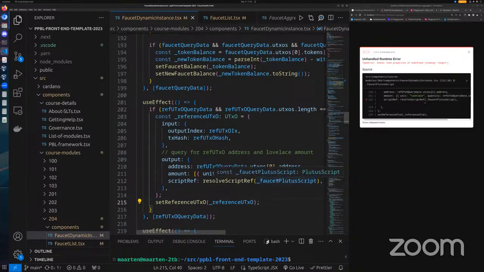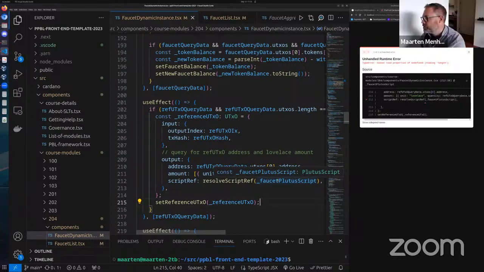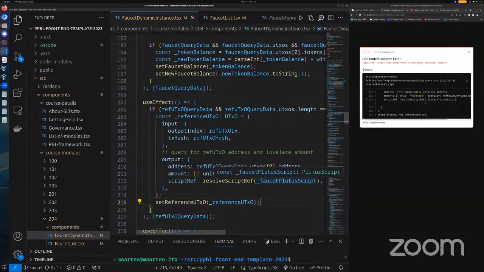You can put a mouse over it. It's a Plutus script. So it takes a Plutus script and returns a script ref, and you can look in the Mesh documentation to learn more. But let's figure out where underscore faucet Plutus script was defined in the first place.